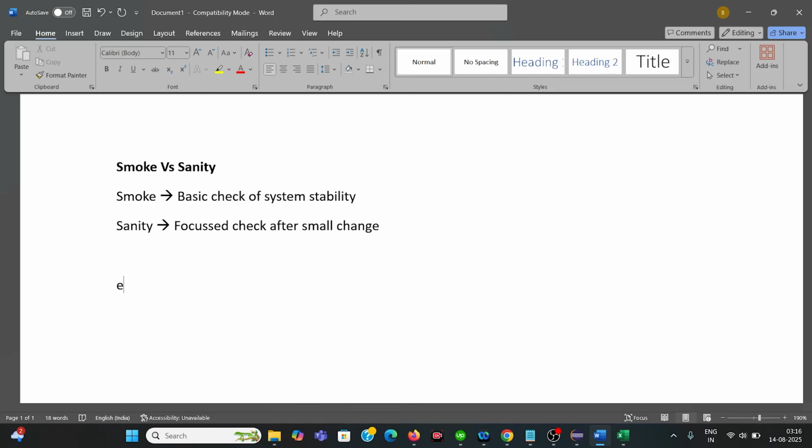Now, the second topic is regression versus retesting. Retesting is, let me test that exact same coupon scenario again and see if it works now.